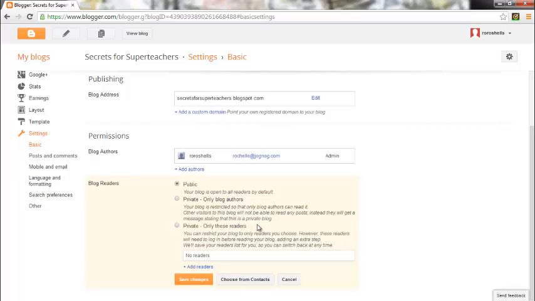There are a couple of privacy settings. The first one is private, so only blog authors can see it. It says your blog is restricted so that only blog authors can read it. So if you have you and all of your students as authors, you will be the only ones who can see the blog. And then